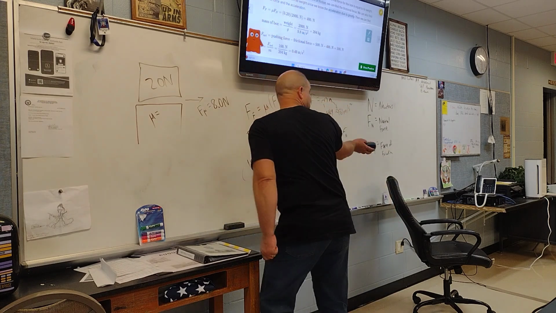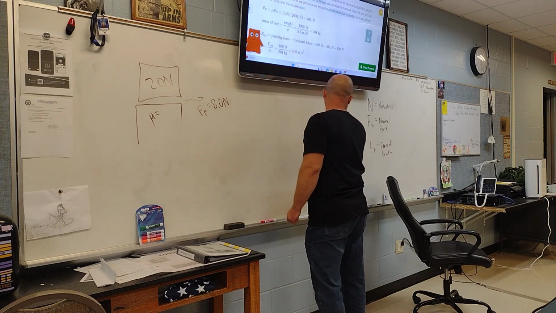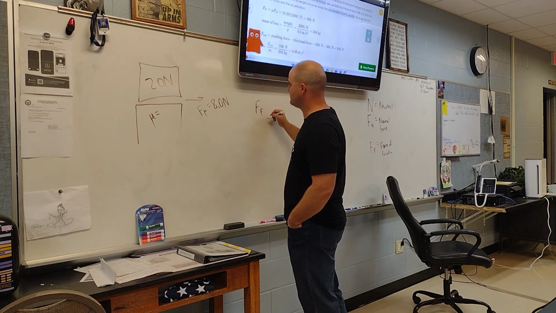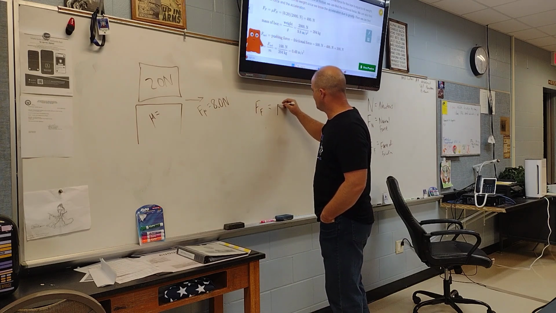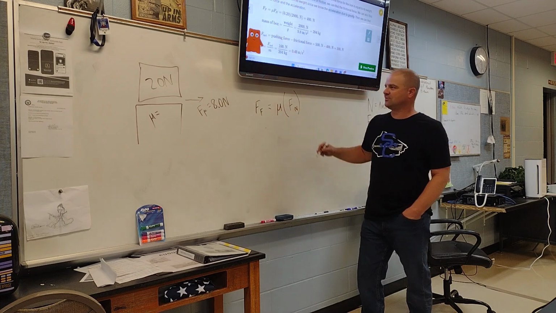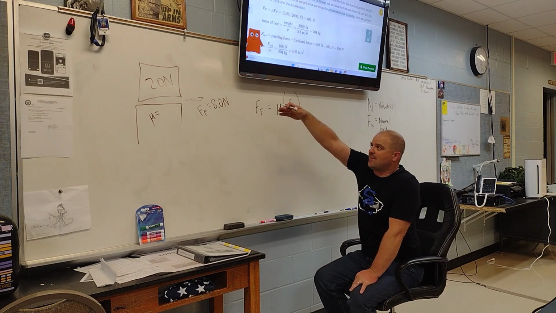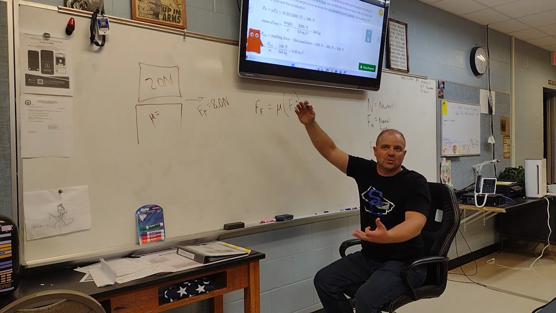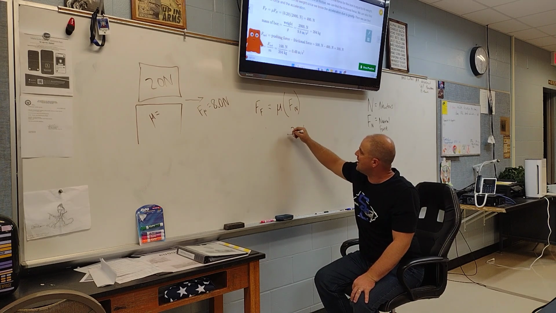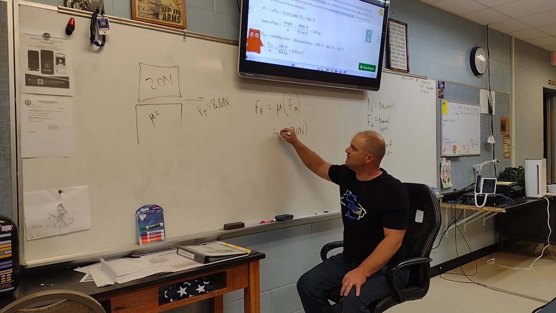Okay, so can I erase the rest of this now? We're going to be using that same formula though, right? Should be the same formula. So we have our force of friction equal to mu times normal force. So we just plug in what we're given. The normal force is the same as the weight of the block because it's just pushing back with the same force. So we got 20 newtons times mu,